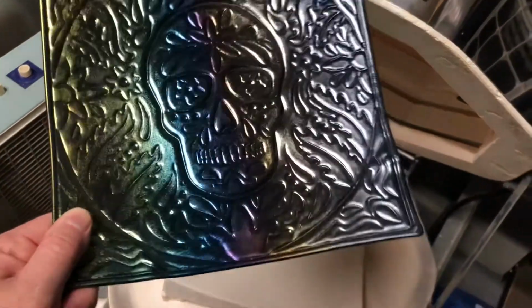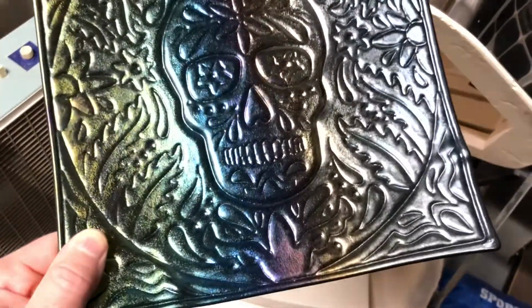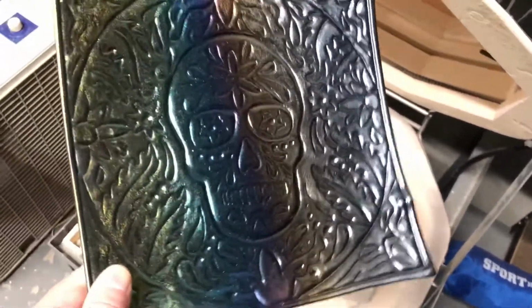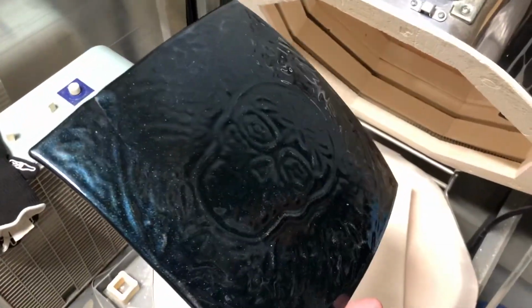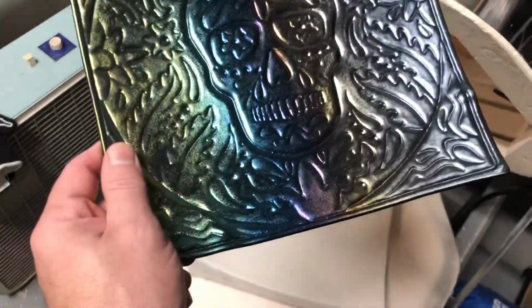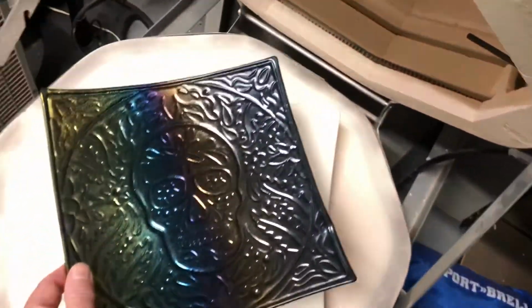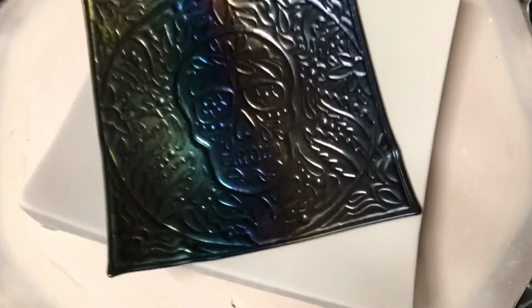I could have fixed that, I believe, by taking it to a full fuse again, flattening the whole thing out, maybe full fusing it on that tile again at the same time, I'm not sure. Then I would have been up into 6 or 7 firings for this single piece of 3mm glass. I just didn't want to quite do all of that. So I think this one is good as is. I realize it's got a little bit of a birthmark there in a couple of spots, but I'm okay with that. I'm pleased with this. I'll make more of these, not with the same journey that I had to take on this one, but generally speaking, I really do enjoy that textured tile, and